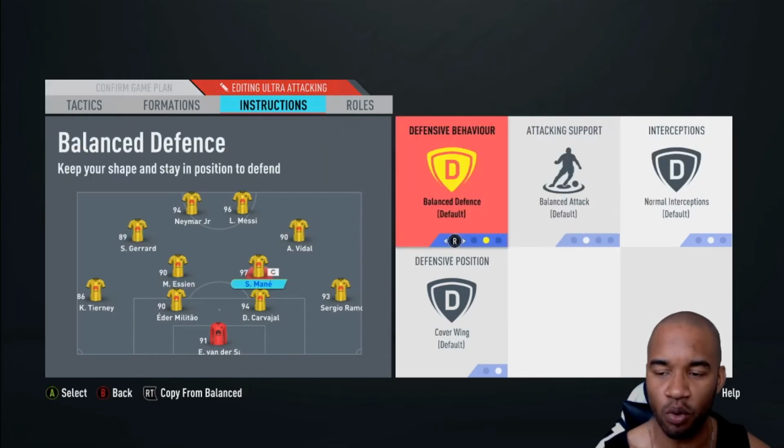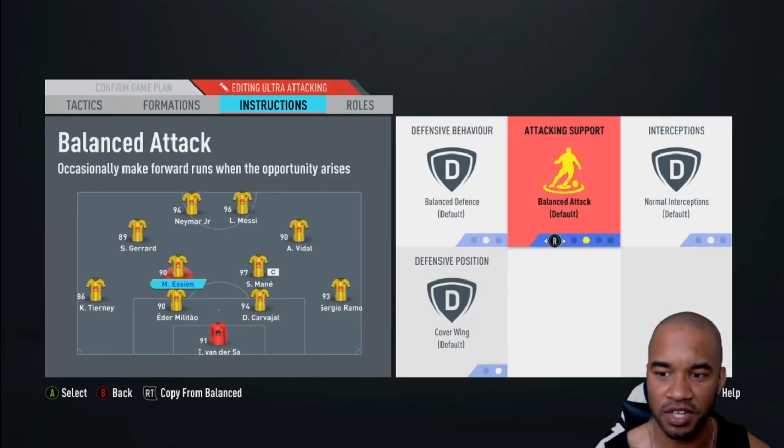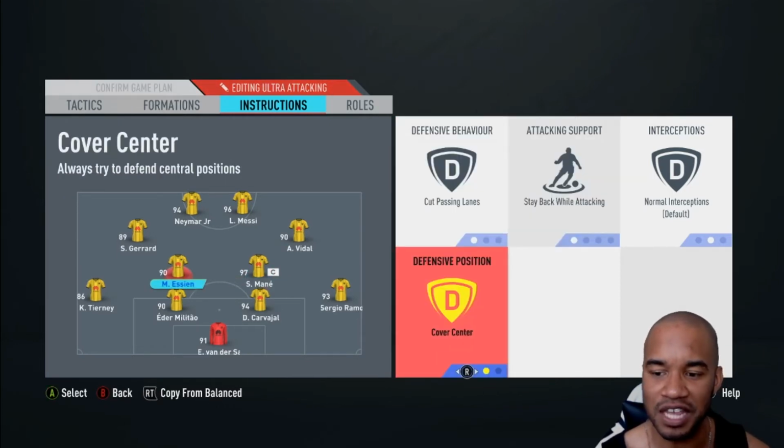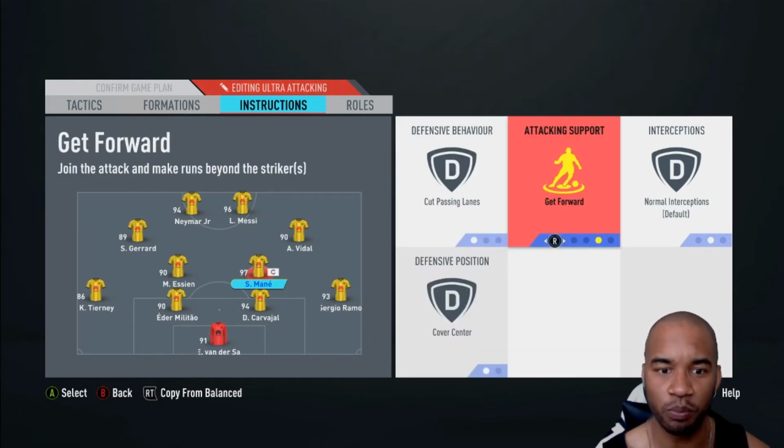This is the most important one. I told my most defensive CDM, we'll make it SCM, to stay back while attacking, cut passing lanes, and cover center. And my most attacking CDM, which in the video was actually Vidal, I told him to get forward. So cut passing lanes, cover center, but attacking support, join the attack to make runs in behind the strikers, which